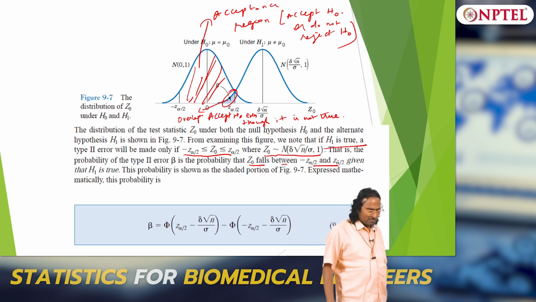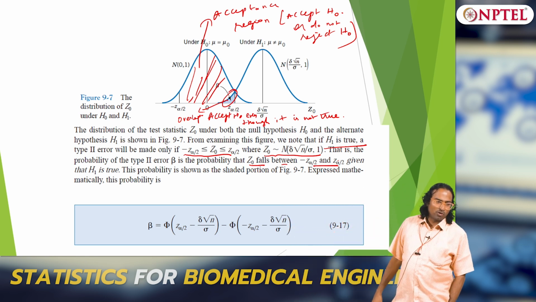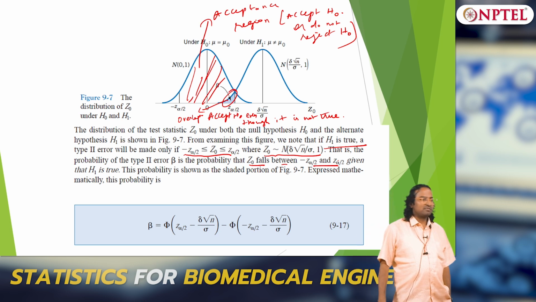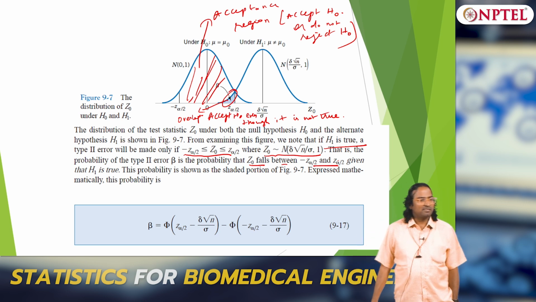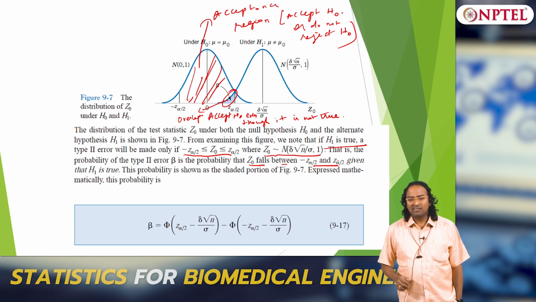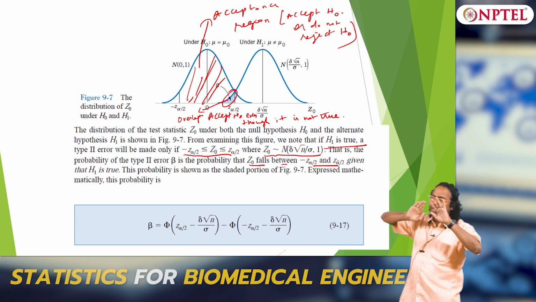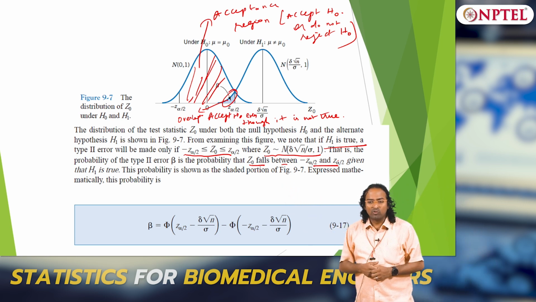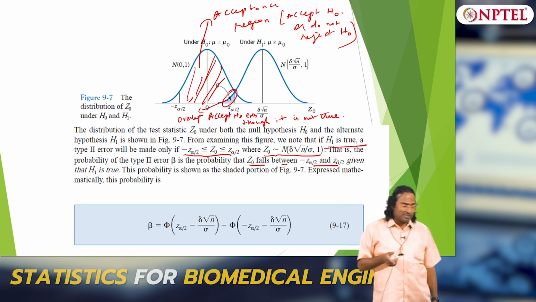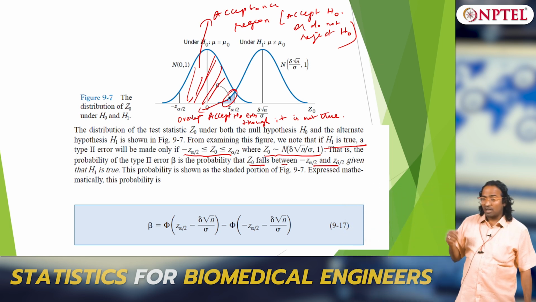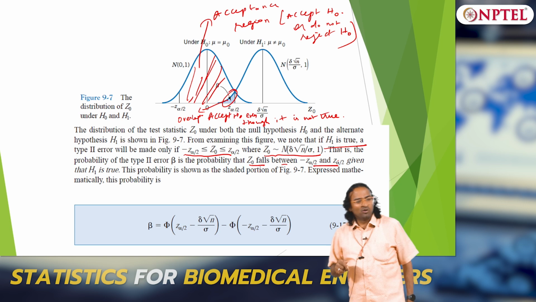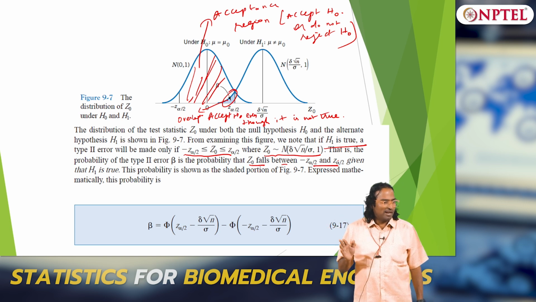How do you reduce beta? By increasing only n. Look at this, delta square root of n by sigma. If I want the second distribution to be pushed aside, what should I do? Increase n, but even if you increase n, it scales only as square root, not squared. So if you take n as 1000, you are pushing it by about 10 times, and even if you take delta as 0.1, 0.1 into 10 is 1, and it is also divided by sigma.